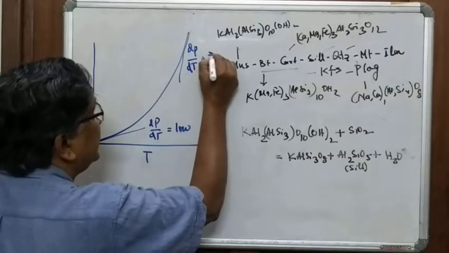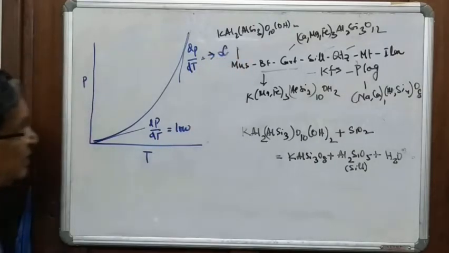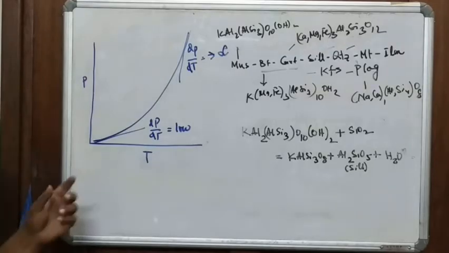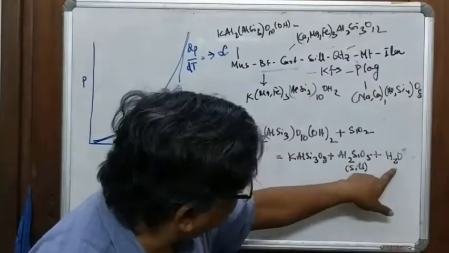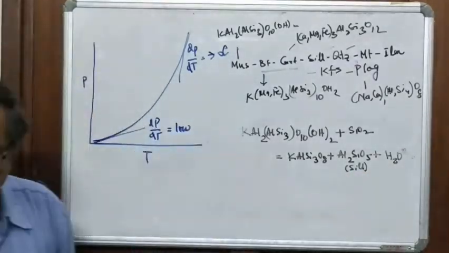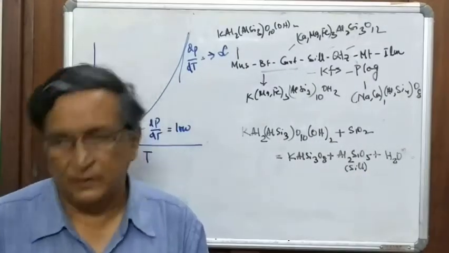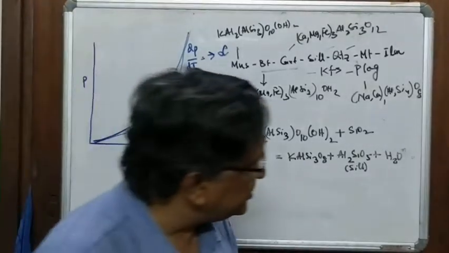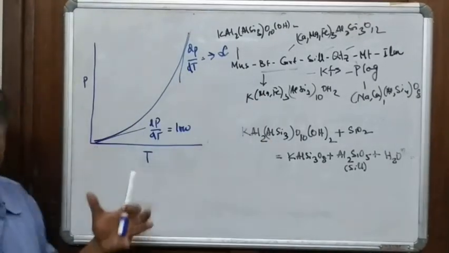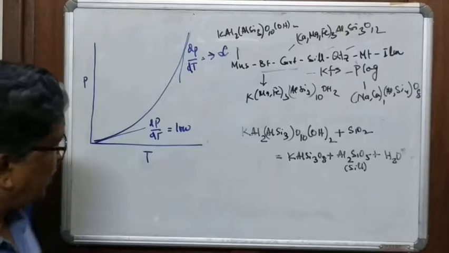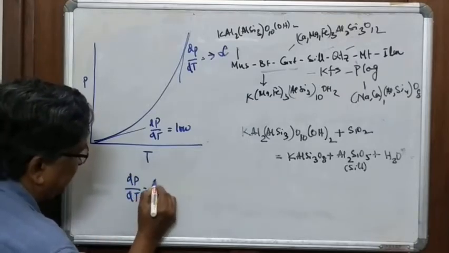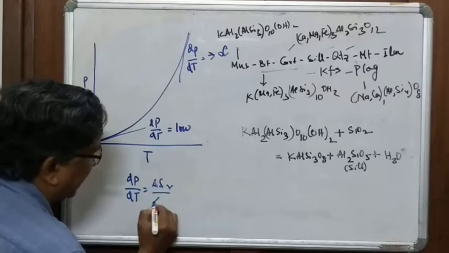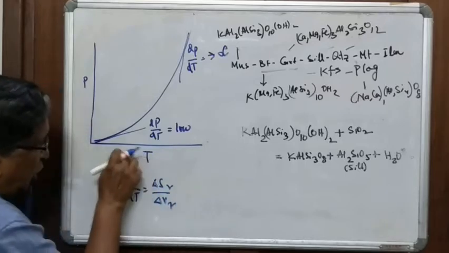Here it's tending to infinity. I told you why? Because of the molar volume of H2O. H2O is an extremely compressible material. So what happens? At low pressure, it has a large volume. So, if I take dP by dT is equal to delta SR by delta VR, then at low pressure,